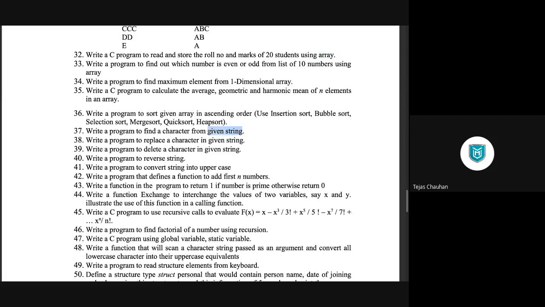So this program is nothing but a searching process, searching for an element within your array. We have seen a linear search program already in the lecture session, so let us see how this will work. It says find a character from a given string.